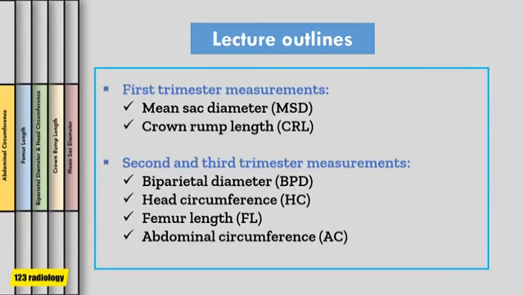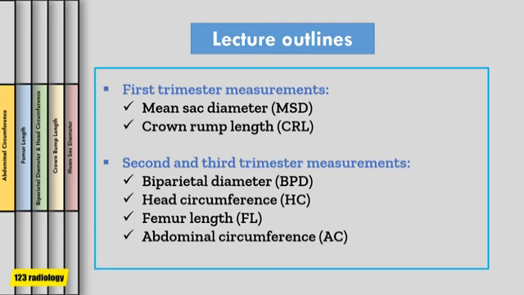Welcome to this lecture about fetal biometry or fetal measurements. Fetal biometry means the measurement of the anatomic segments of the fetus by ultrasound. In the first trimester, the measurements most commonly used are mean gestational sac diameter and crown rump length. Beginning at 13 to 14 weeks of gestation, the biparietal diameter, the head circumference, the abdominal circumference, and femur length